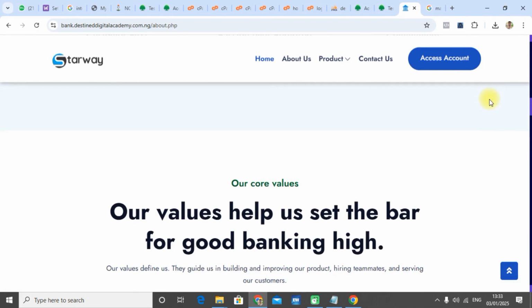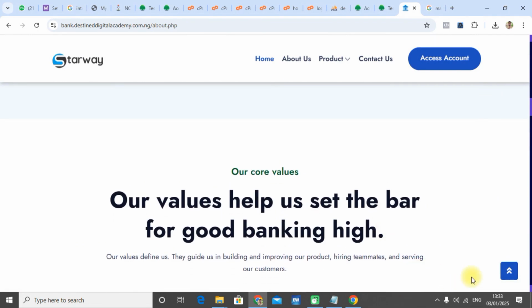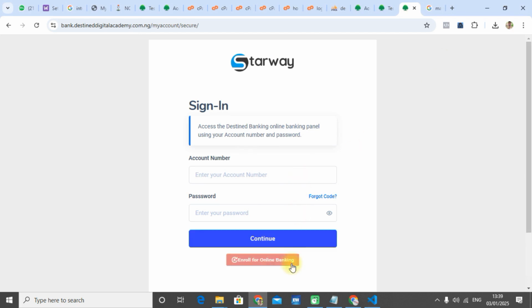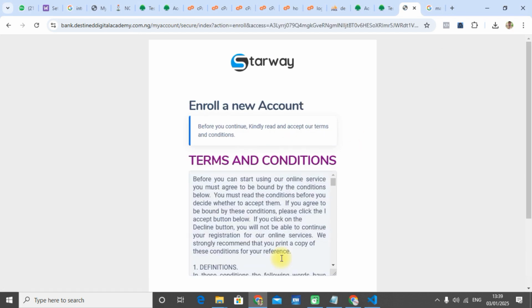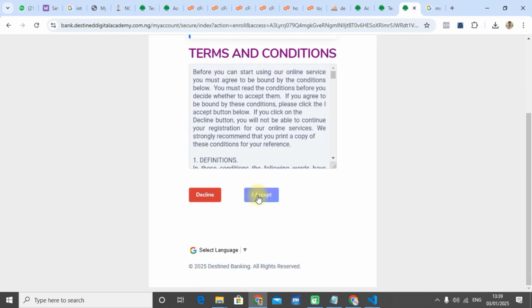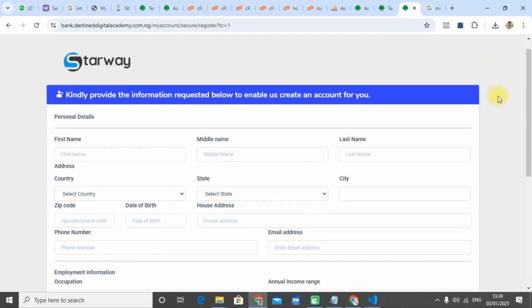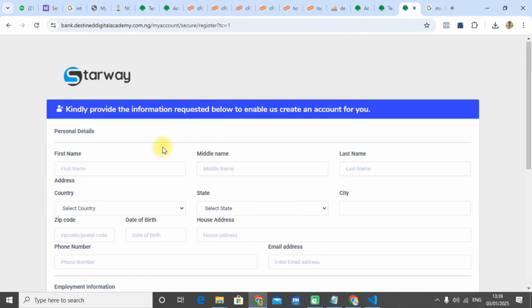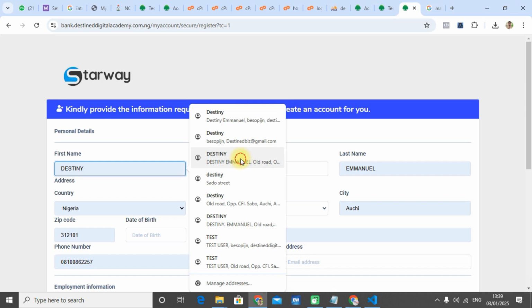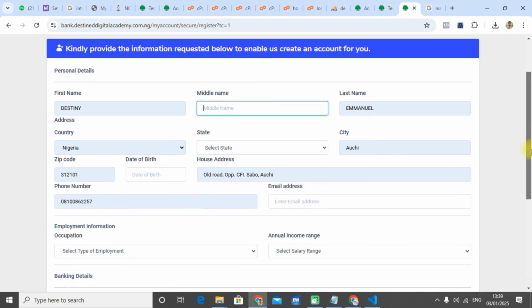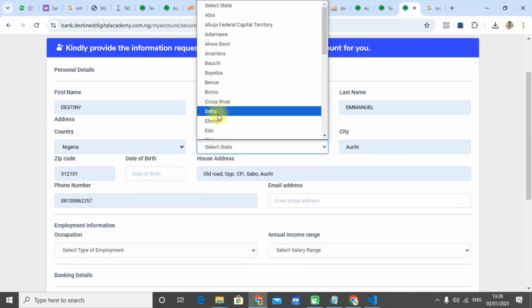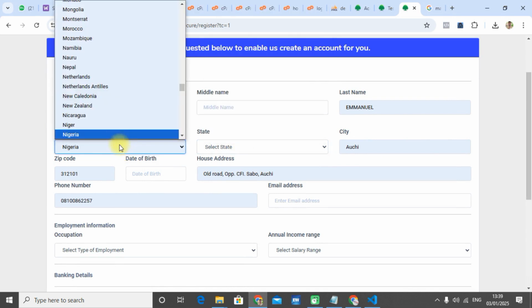So let's try to create a new account and see. To register a new user account, let's try that. We'll click on access account, then here we'll click on enroll for online banking. We'll scroll down, we'll accept. So here is the registration form. Here we're just going to enter names, we'll just fill them randomly. Okay, select a state, select